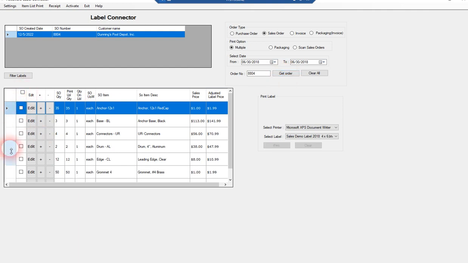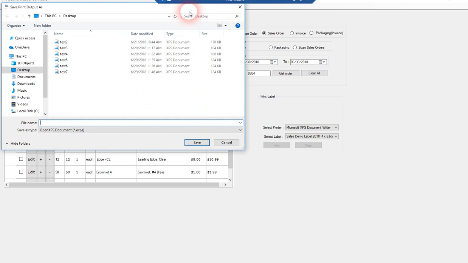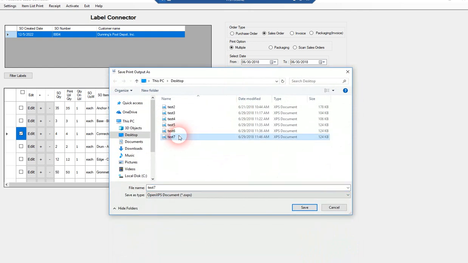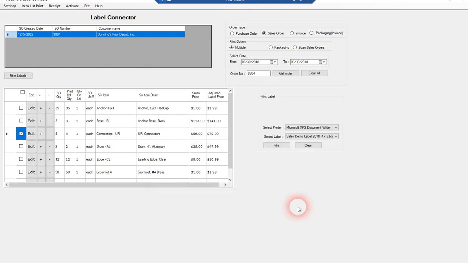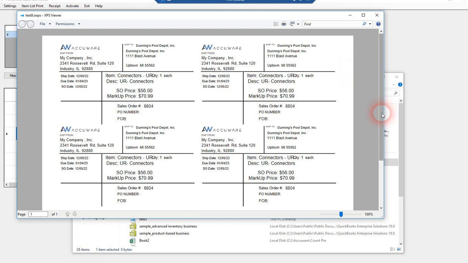select that item. Let's just do it for a different item this time. Print that. So that should be $56 and $70 is what it should generate. So let's do test 8. Save that. That should print quantity 4 this time. Let's take a look at that printed result. Okay, so now we got 4 4x6 labels with our $56 and our $70 with the 99 cents shown at